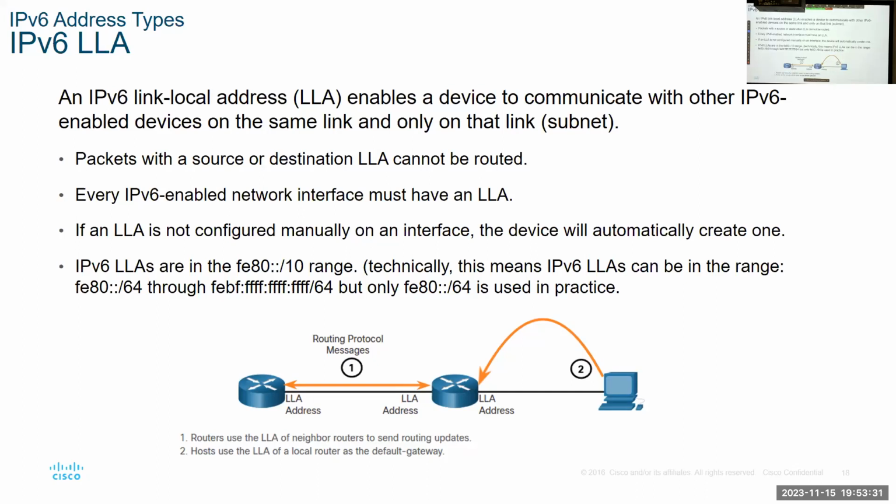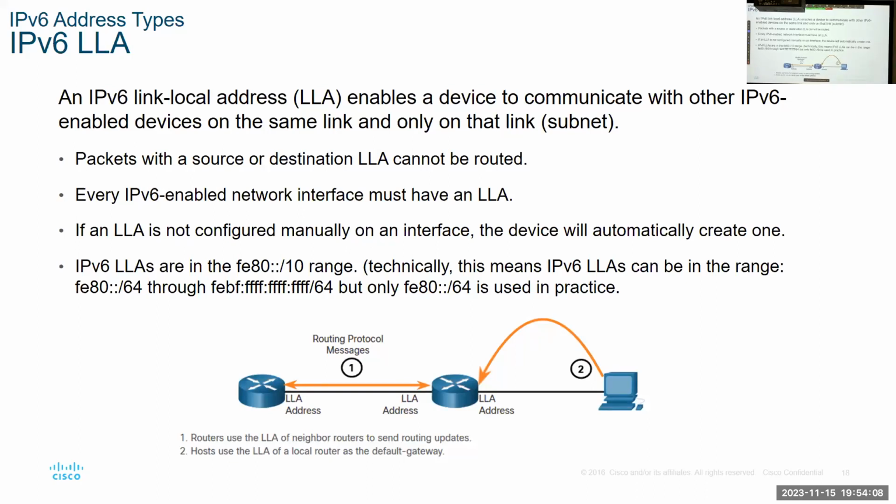have to be F and E, and then the next 2 bits would be up to, from 80 to FEBF. But convention says just make it FE80/64. So basically your link local addresses should all look like this. FE80: